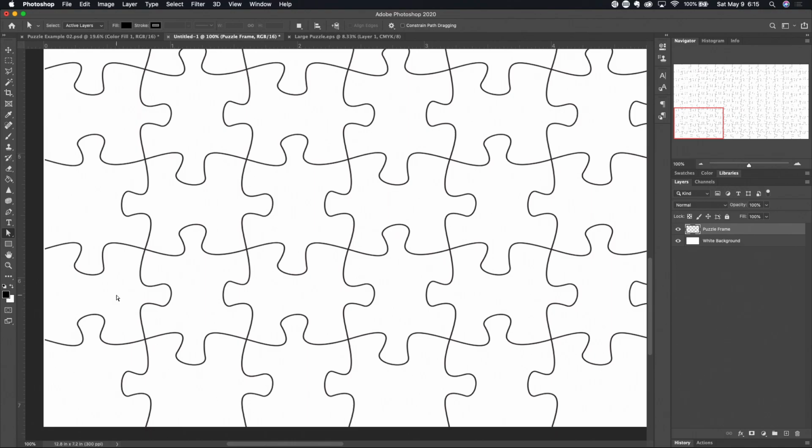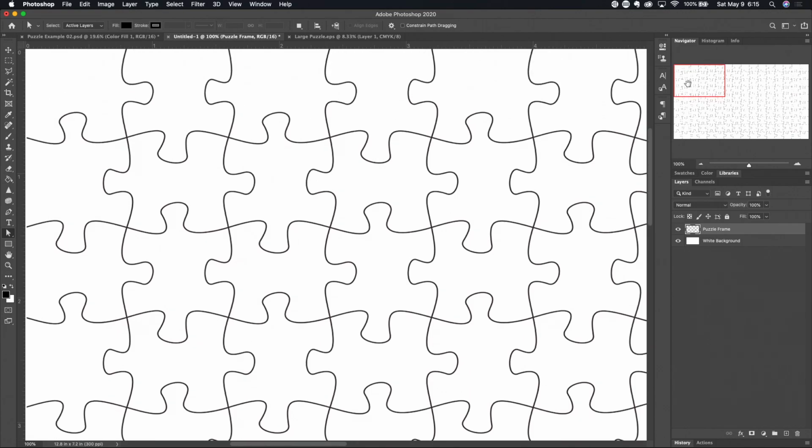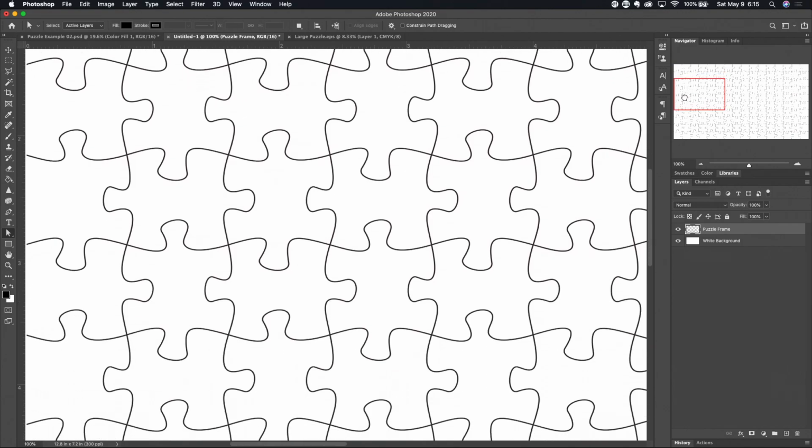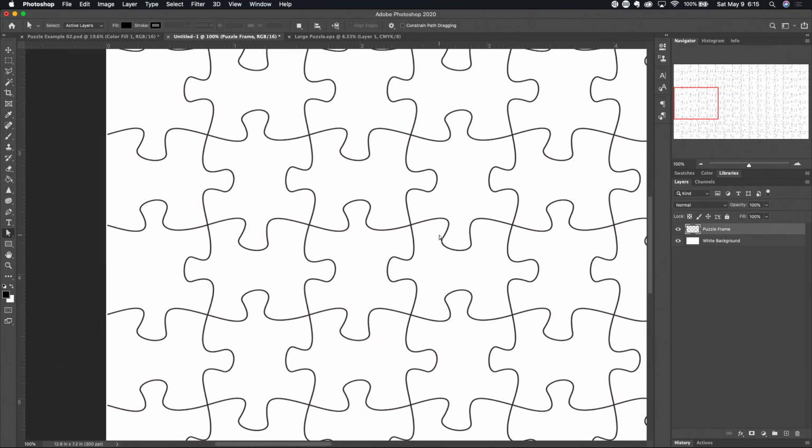Right away, I see a problem. See that little gap right there? We're not quite to this edge, meaning that it wasn't perfectly centered when we expanded it out with the last move operation. Not a problem. We can fix that. I'm going to come down here about halfway to this edge, and then I'm going to scroll over a little bit. So by virtue of where this red frame is in the Navigator, I know that I'm exactly in the middle